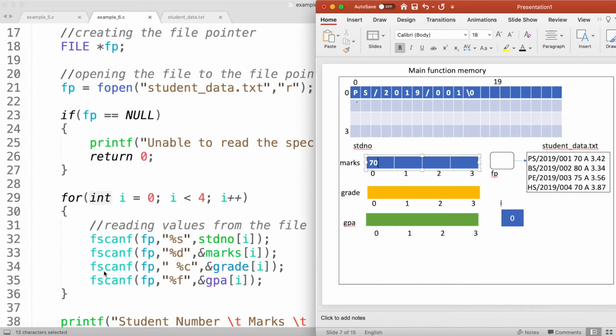Then similarly in the next if scanf, I'm going to read a character value, that is A, and store it into my grade array's first memory location. Then I'm going to read a GPA, that is 3.42, and store it into my GPA array's first element, right? After executing these four if scanf statements, this is how my memory looks.